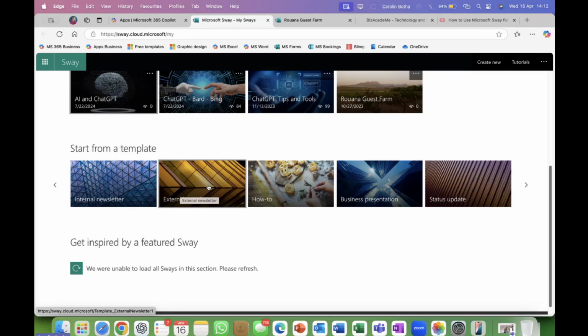You choose a template and off you go. All these templates are included in your Microsoft 365 package. So you don't even have to worry about, like in MailChimp, that some of them are for free and some not. A how-to. So if you want to show people how to do something, how to bake a cake, how to assemble something, don't have to worry about that, or don't have to design it. It will be there designed for you.